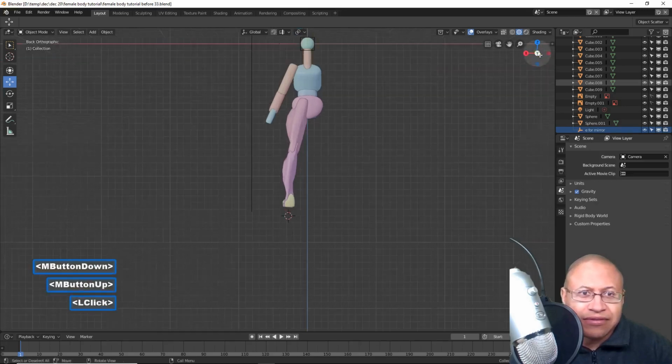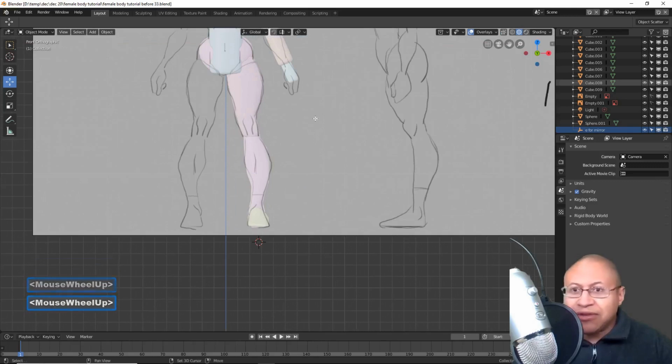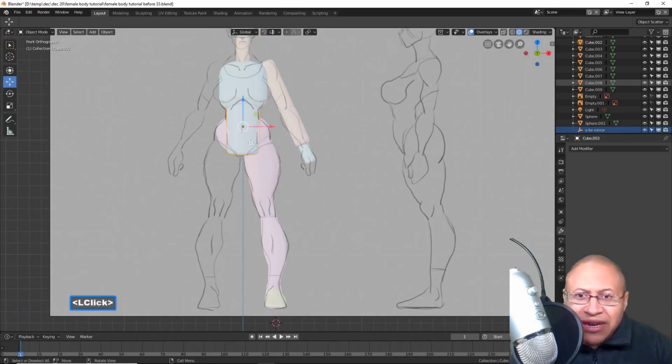Interesting. There we go. Okay, so I'm going to zoom in. I'm going to hold Shift as well as the middle mouse button to pan it down. I'm going to click right here. And what I want right here is,